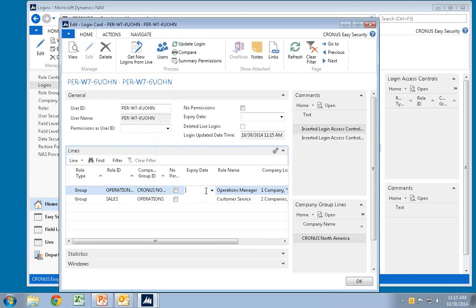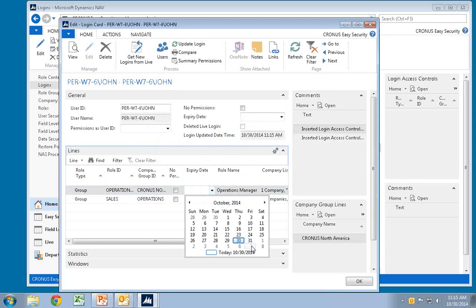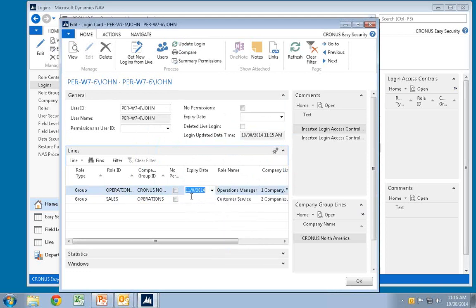If I 3 weeks later have to figure out what I have to take away from John, that normally is one of the problems. With the expiry, I can go in and say this one is only going to be active until the 8th of November down here. And at that point, that permission won't be active any longer. So I have an easy way of figuring out what to take away. And at the time when it happens, I'll only check this no permission in here. And we can use that manually also to take away old permission when you're working on new security and so on.